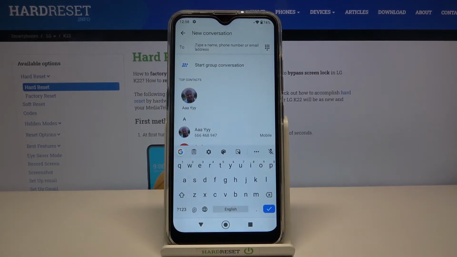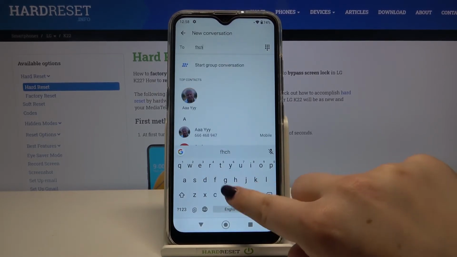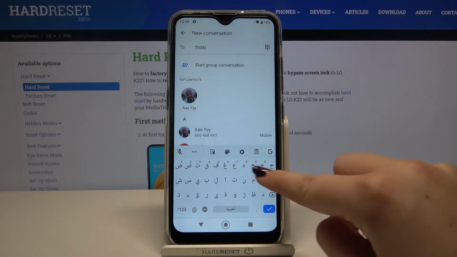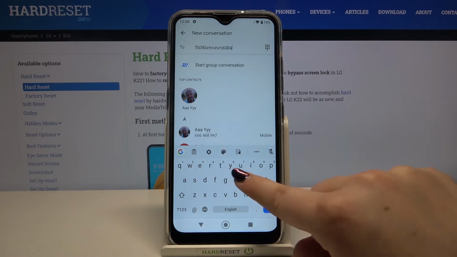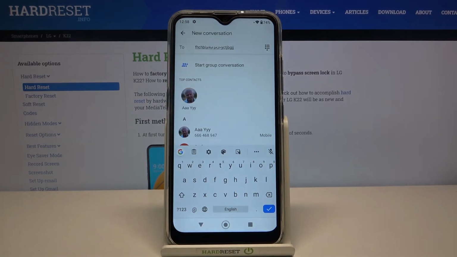And as you can see here we've got two differences. So first of all, on the spacebar we've got the name of the language we are currently using, and next to it we've got the globe icon, which will allow us to switch languages. So now I'm freely typing English, but after tapping on the globe icon I can switch to the Arabic one. Tap on it and again the same situation. So actually this is how to add a new language to a keyboard,